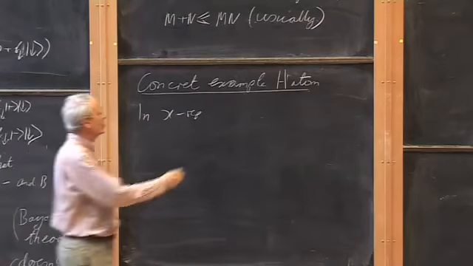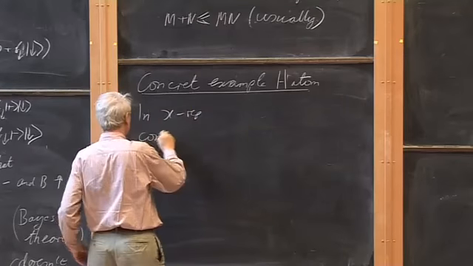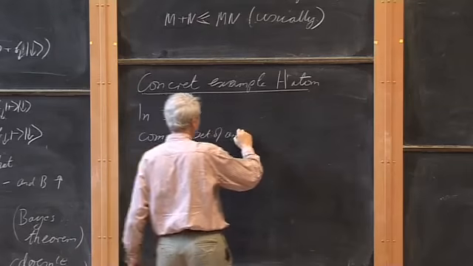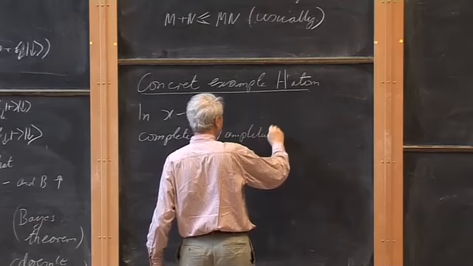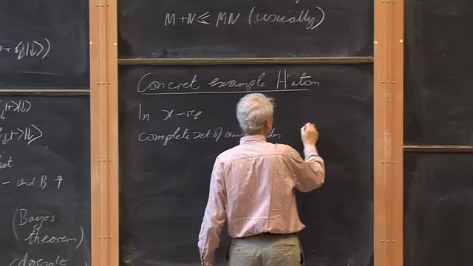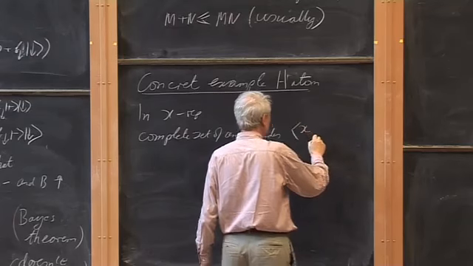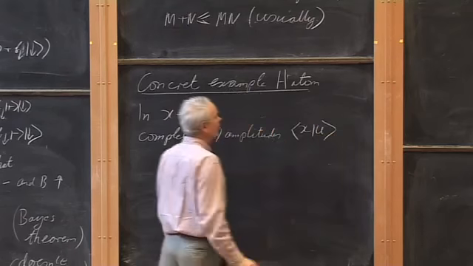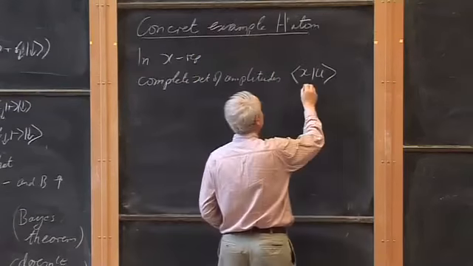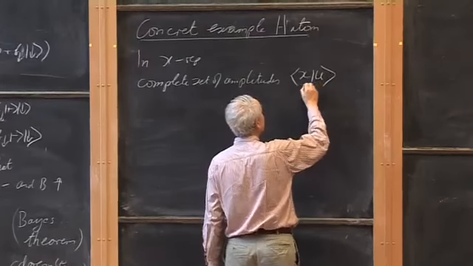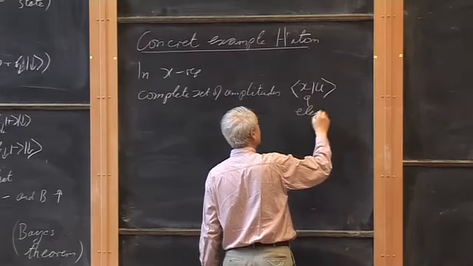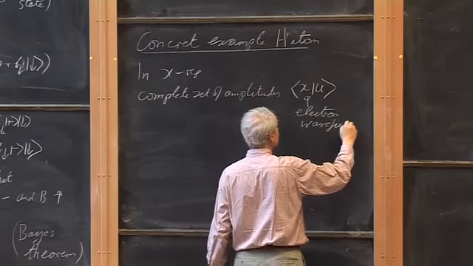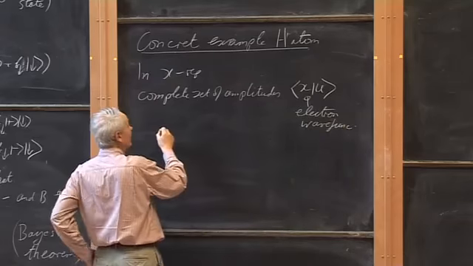Our complete set of amplitudes are going to be things like x, so let's make this the electron wave function, and we're going to have also